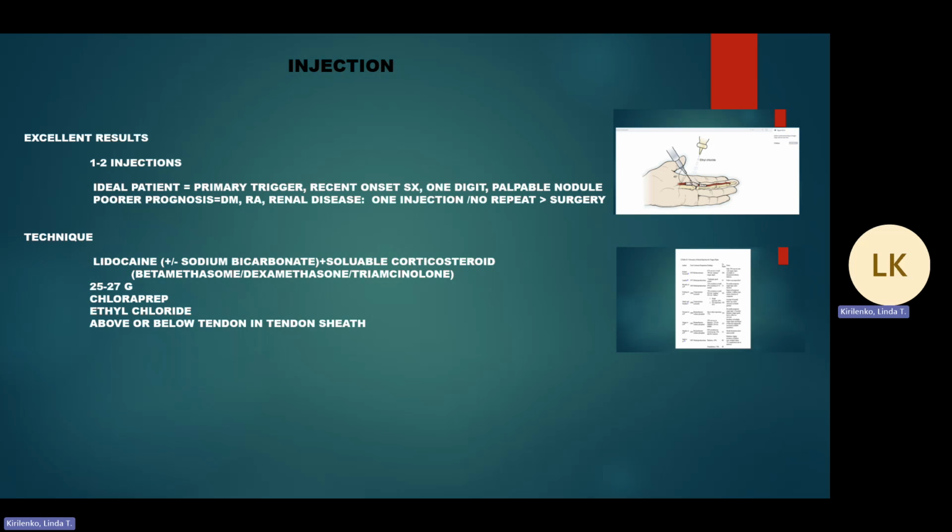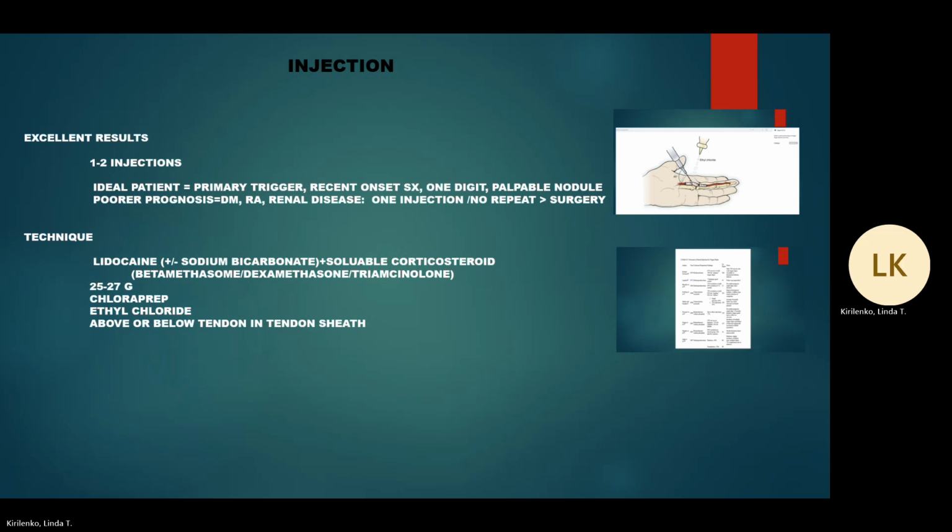Injection, in general, results are excellent, with 1 or 2 injections and up to 80% having resolution. The ideal patient has a primary trigger digit without comorbidities, recent onset of symptoms, 1 digit involvement, and a palpable nodule at the A1 pulley. Poor prognosis again with comorbidities. In these patients, the way I approach it is if they fail 1 injection, I recommend surgical release of